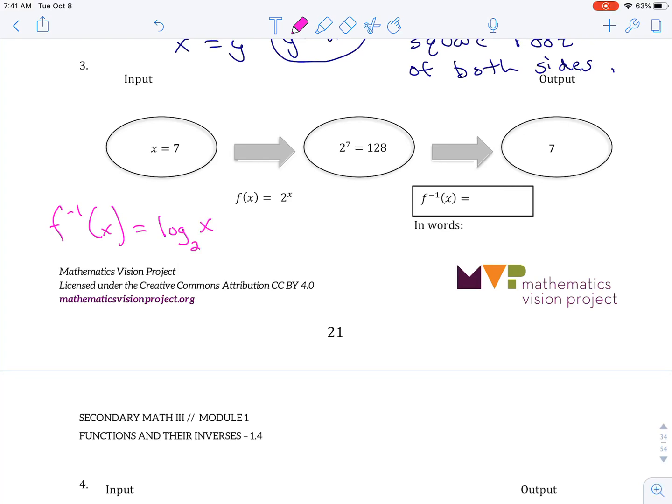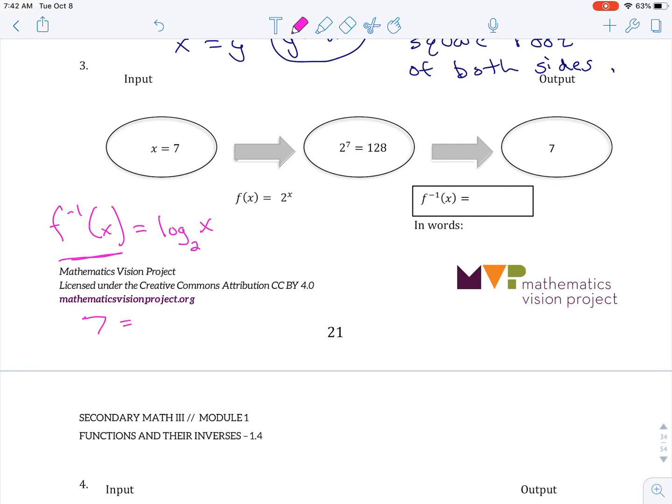Okay, so that, remember, over here is what the exponent is. So it would be like 2 to what power? Like if I were to fill this whole thing out, which we don't have to, it would be